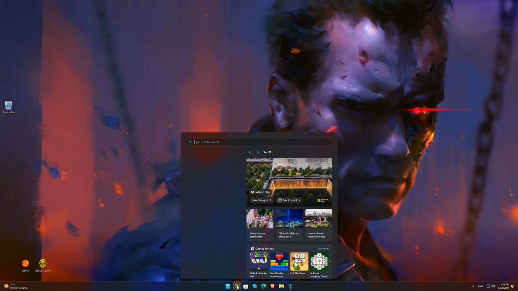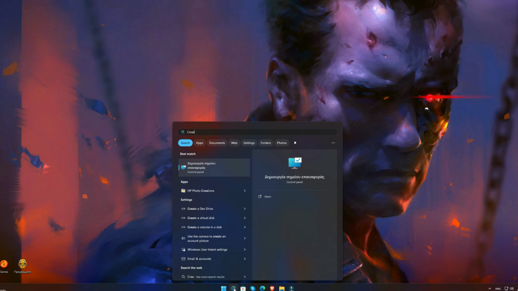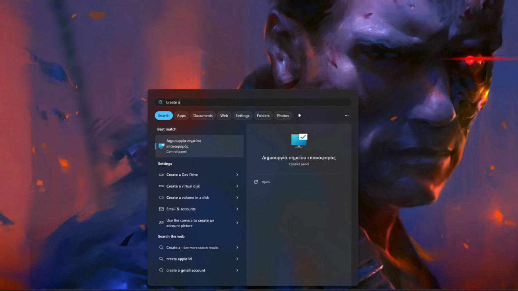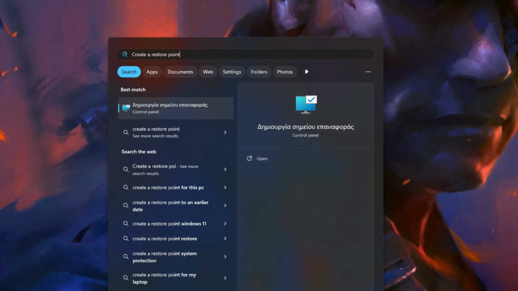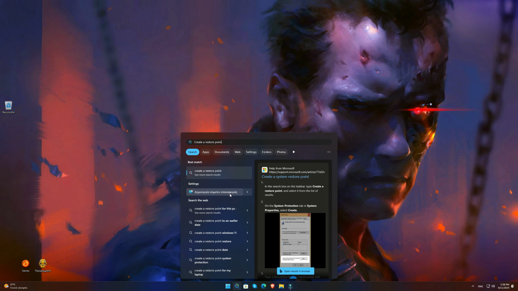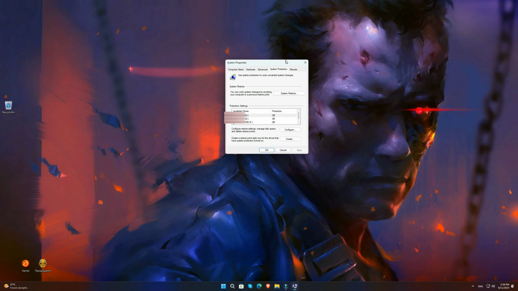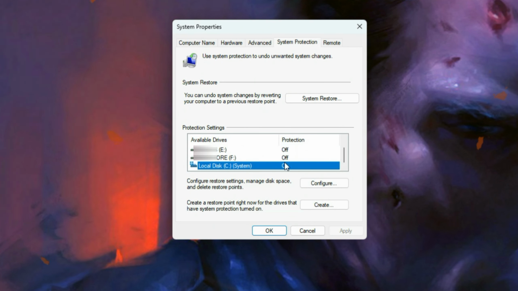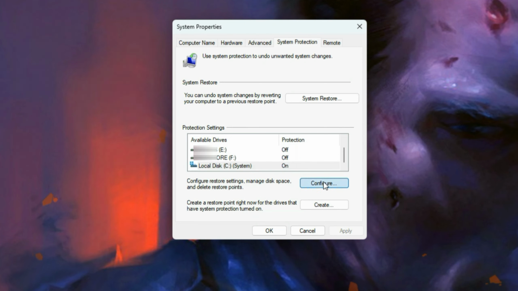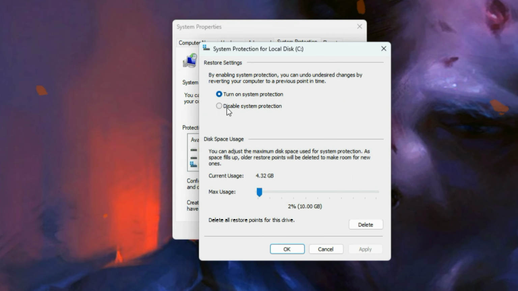Click on the magnifying glass, type Create a Restore Point. It will show up underneath, so click on it. If you have multiple hard drives, just choose your C drive. The protection on mine is on, but if it's off on yours, click on the Configure button and select the